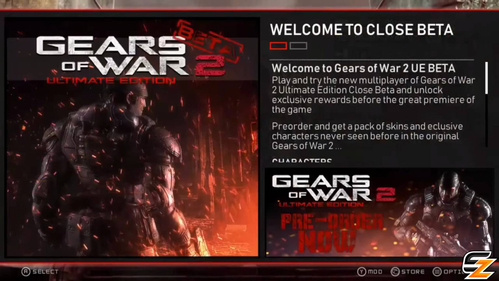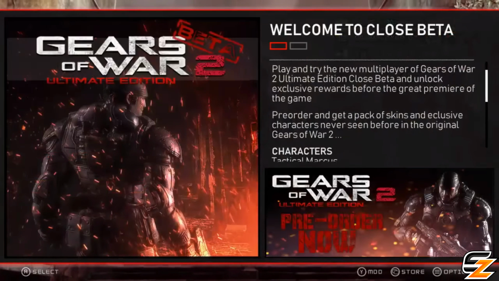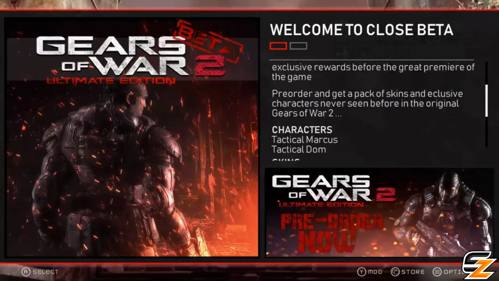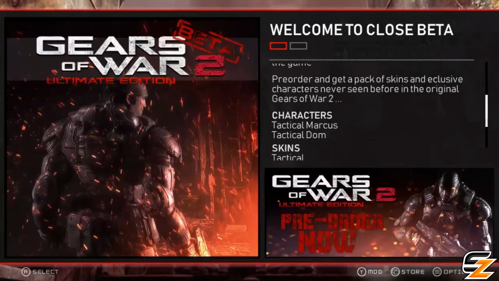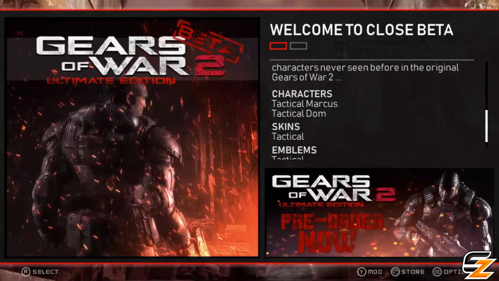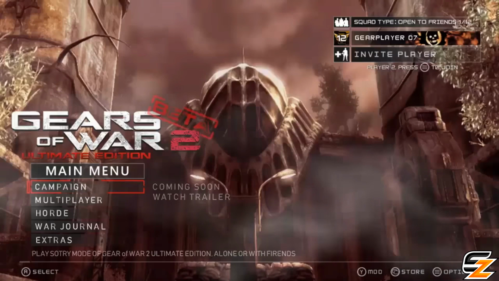We begin with a welcome to the closed beta message that reads the following: "Welcome to Gears of War 2 UE Beta. Play and try the new multiplayer of Gears of War 2 Ultimate Edition closed beta and unlock exclusive rewards before the great premiere of the game. Pre-order and get a pack of skins and exclusive characters never seen before in the original Gears of War 2. Characters, tactical markers and tactical dom, skins, tactical emblems, tactical,"